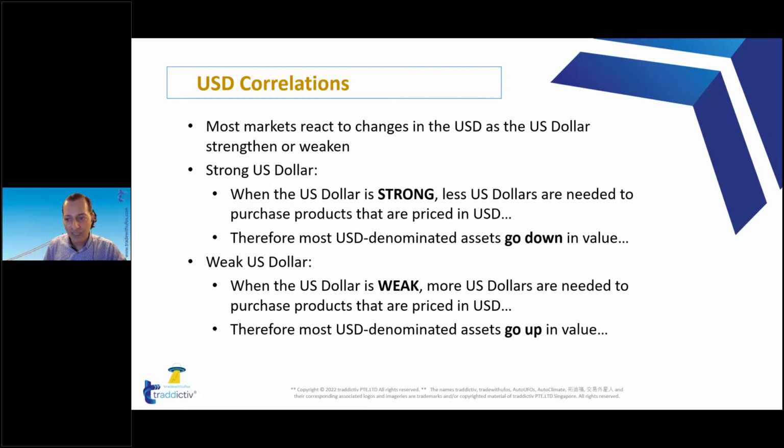The price of such a product, which could be the price of stocks, a commodity, gold, or a cryptocurrency, goes down. It may also depend on supply and demand, and on other fundamental factors, but certainly the fact that the thing is priced in US dollars matters. When the US dollar gains value, that other asset will have a tendency to go down in value, because you need fewer dollars to buy it.